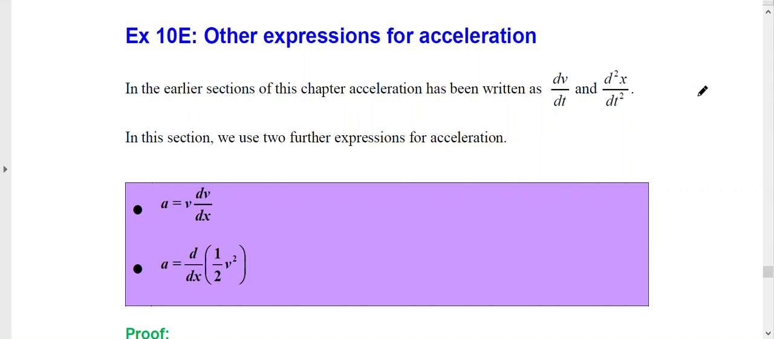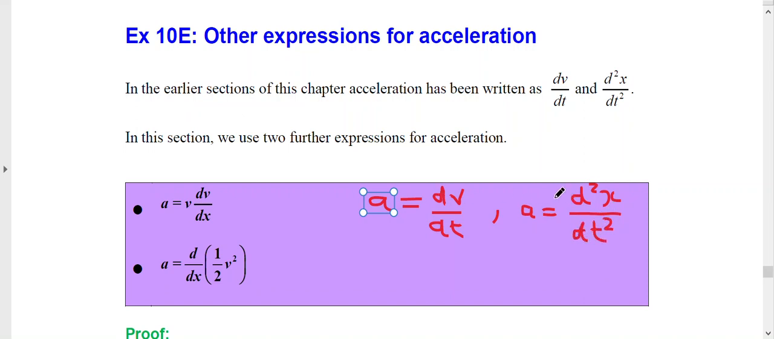Hello everybody. Today's lesson we are going to look at an exercise called other expressions for acceleration. Previously we have seen that acceleration a is dv dt, or acceleration is the second derivative of position. So these are two formulas that we have seen already for acceleration, and today we're going to look at two